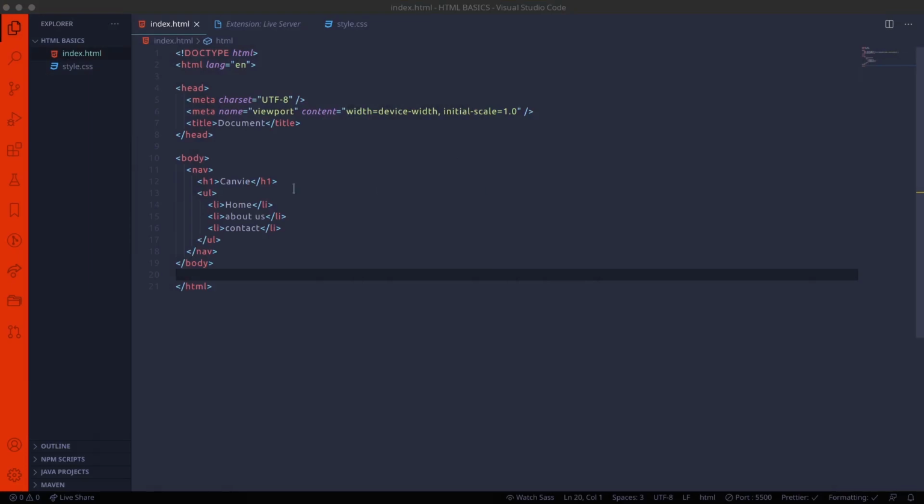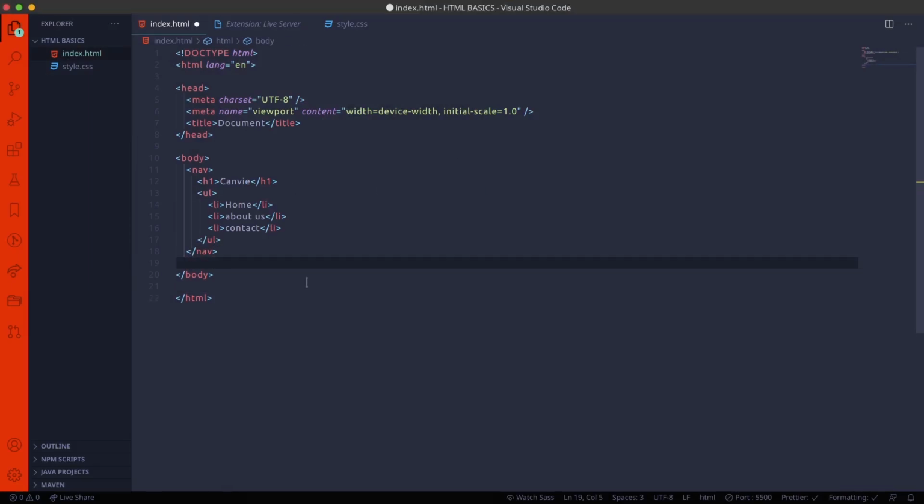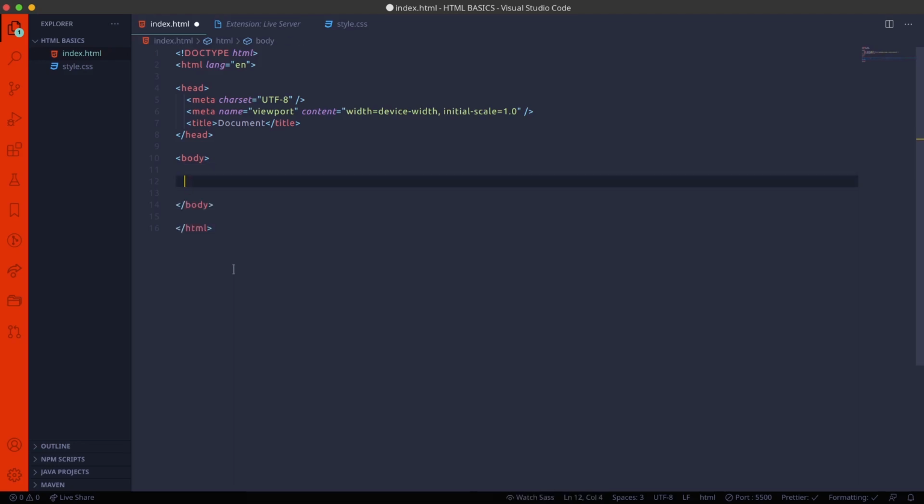So this is the basic text code in HTML. Now we'll create the middle part of the web page. For that, we have to divide the section.